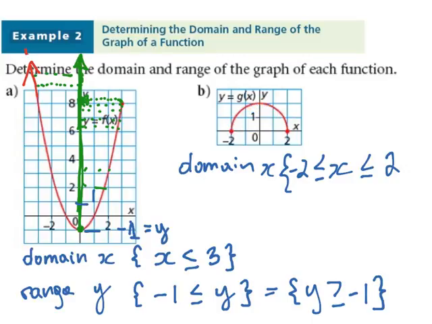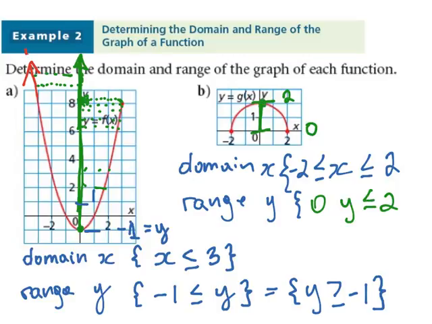As for the range, we're looking at the y values. The highest point for the y and the lowest point for the y is 2 and 0. That means the y is trapped or contained between 0 and 2, and it also touches 2. That means y is going to be less than and equal to 2. But however, it's always going to be greater than and equal to 0 because it does touch the 0, and